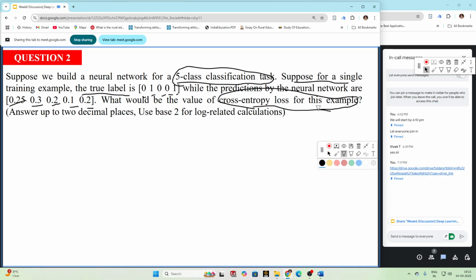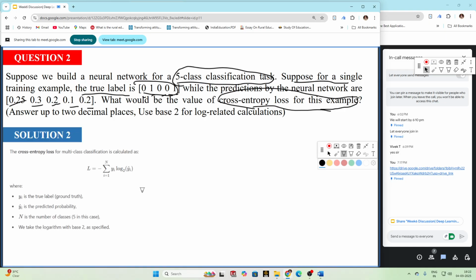First of all, where do we use MSE and where do we use cross entropy? We use the MSE loss when we are dealing with real value input, and we use cross entropy loss whenever we are dealing with binary value input. As we are dealing with binary value input, the loss here was asked as cross entropy loss. So this is the formula of the cross entropy loss.